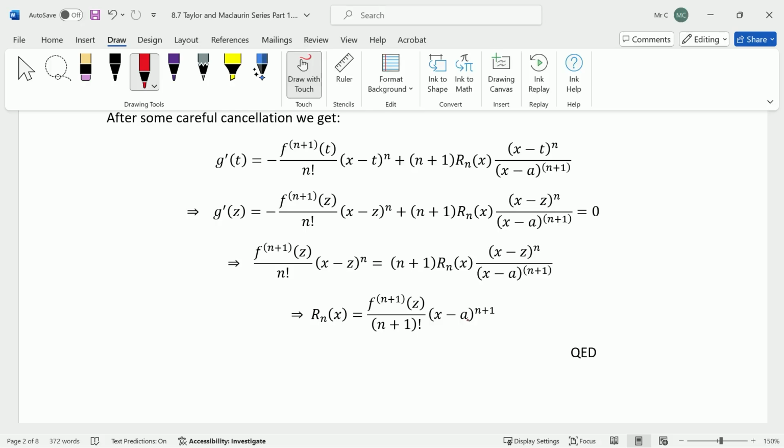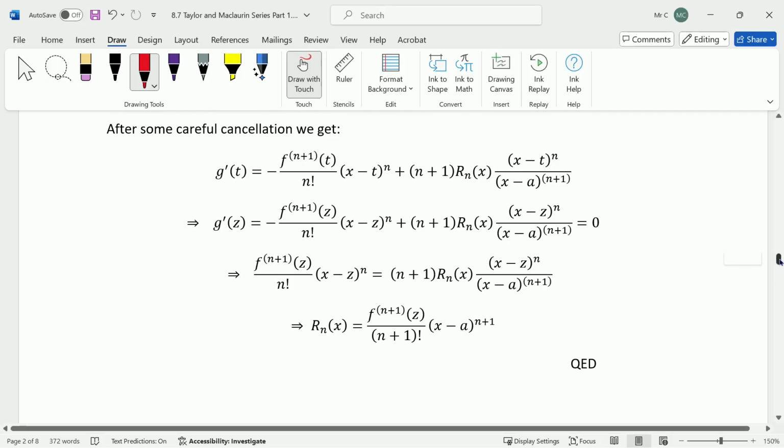So again, pretty tricky proof. I would never expect a student to reproduce this on their own. Some people got famous writing proofs. A lot of people have gotten famous writing proofs like this for good reason. So that's totally fine, but I did want to make sure you saw where this comes from, that this isn't magic. Okay, now